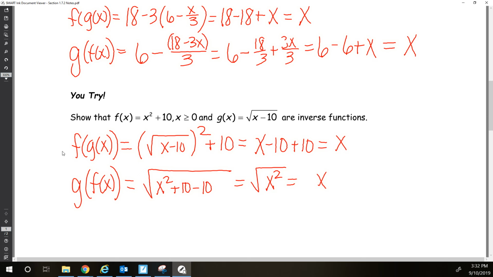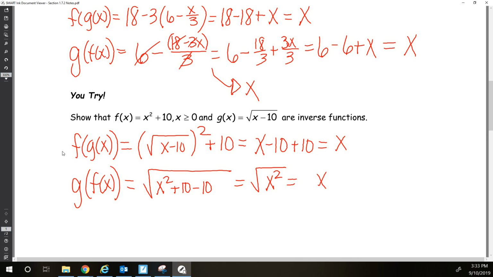Now I do want to say a lot of times, especially at the beginning, probably when you're in Algebra 2, you might have just written something down and done a whole bunch of, well, I'm not sure really how it works, but I know I'm supposed to get x at the end and gone straight to this being my answer. I will not accept that. That does not show me that you know how it actually worked out to be x. Yes, it does become x, but I need to see the steps in between that shows me that you really understand why it is x. So be careful on your test. If it's free response, you're going to have to show that to me explicitly that you understand the order of